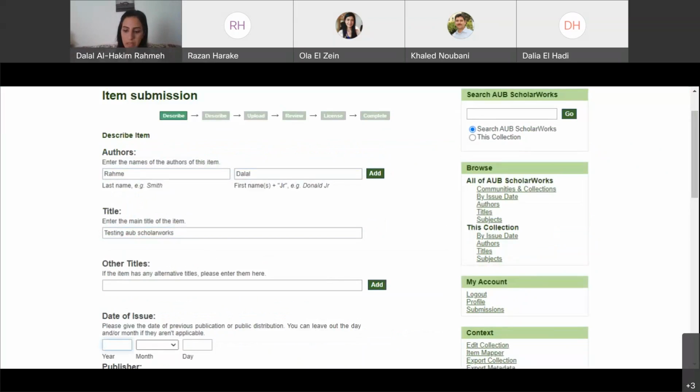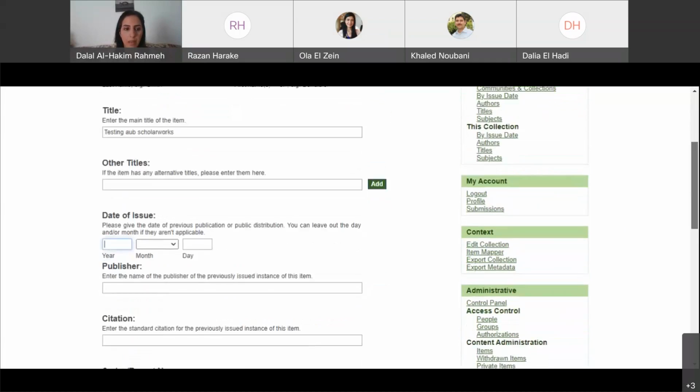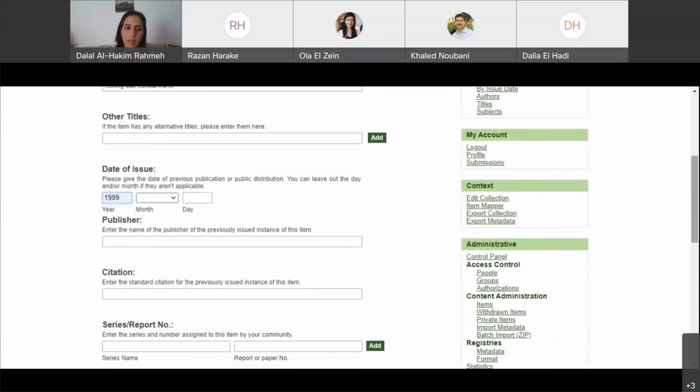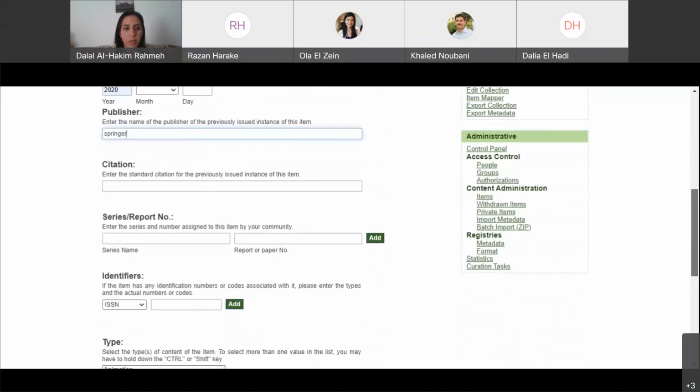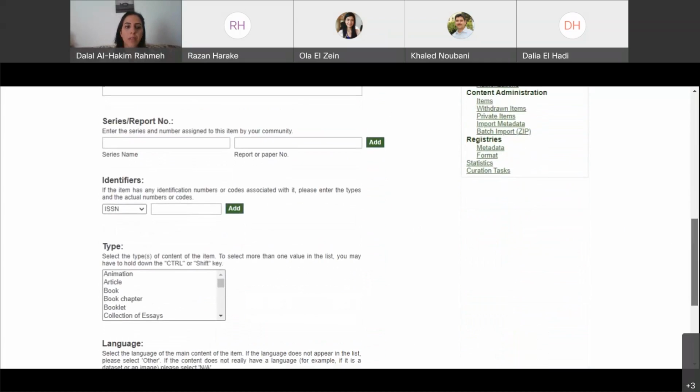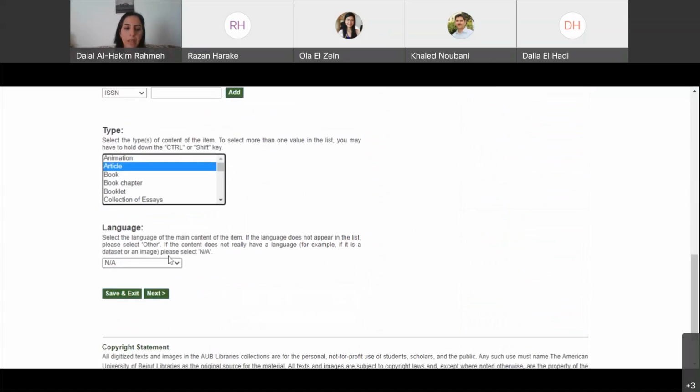The issue date, the year, is mandatory. Let's say 2020. The publisher, let's say Springer. If we have a citation, like the Springer citation, we can add it here. If we have a specific journal name, the identifier, the type, is it a book, an article, a book chapter, a data set, the language,